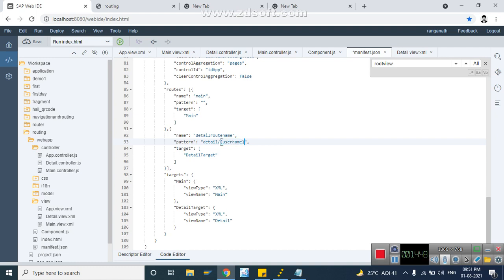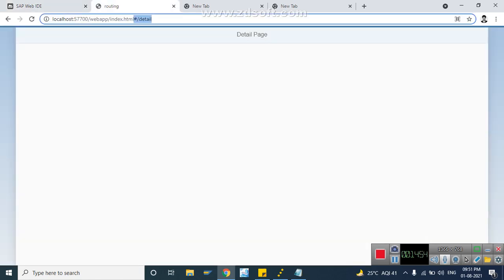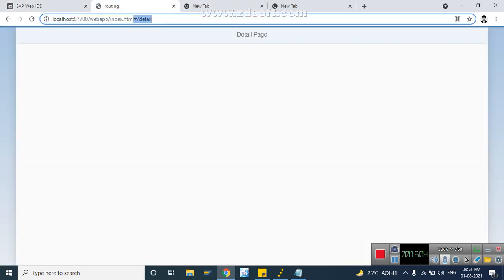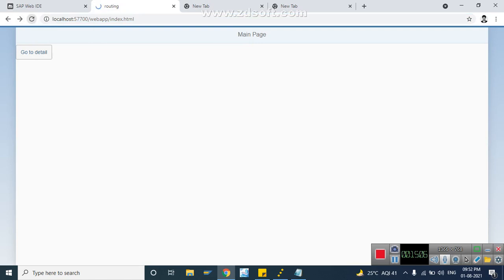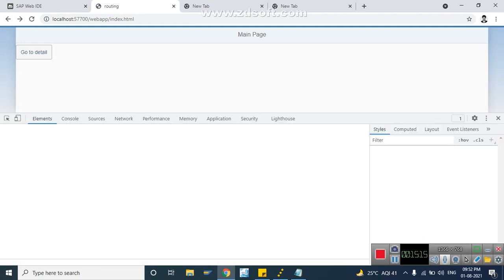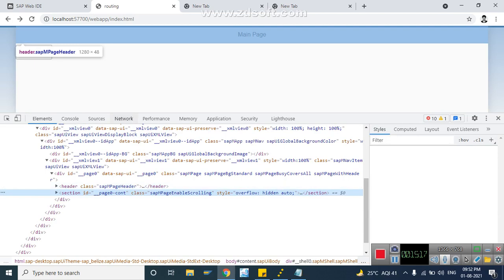Actually we have optional parameters and mandatory parameters. I have declared a mandatory parameter, meaning to go to the detail page, the username parameter is a must. It is required. Now I'll refresh. See, it's not going. So right click, go to inspect and see the error. Go to console.